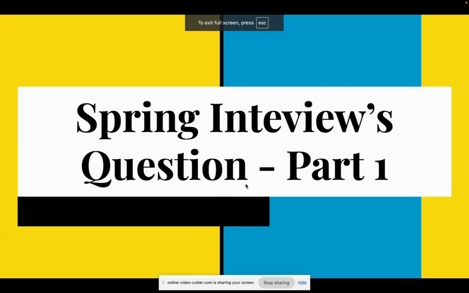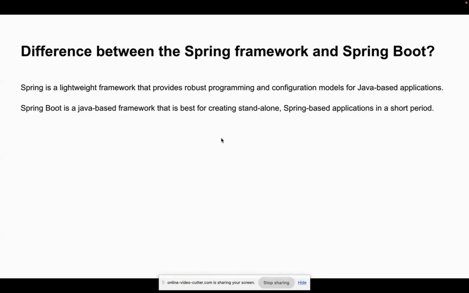Now let's talk about Spring interview questions, part one. The first question is the difference between the Spring framework and Spring Boot. Spring Boot is part of the Spring framework. Spring is a lightweight framework that provides robust programming and configuration models for Java-based applications. Spring Boot is a Java-based framework used for creating standalone, Spring-based applications in a short